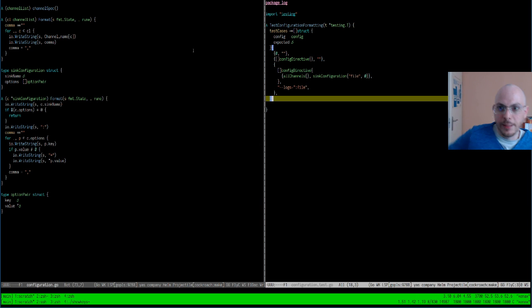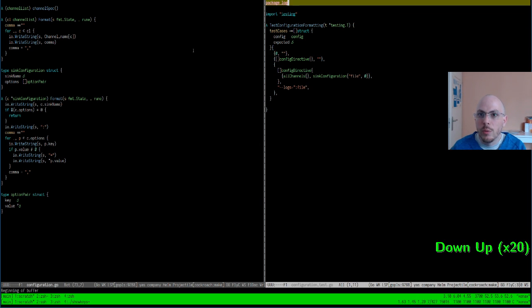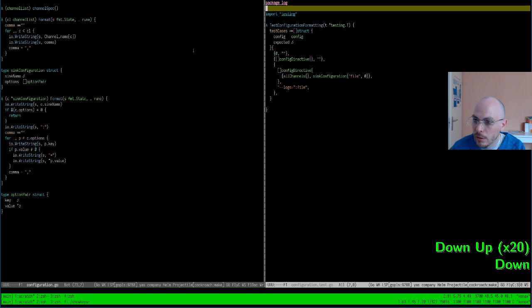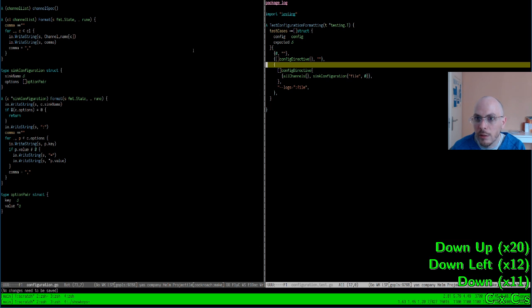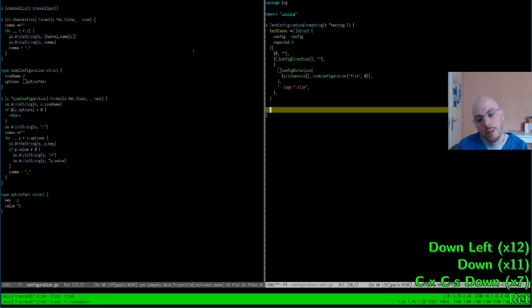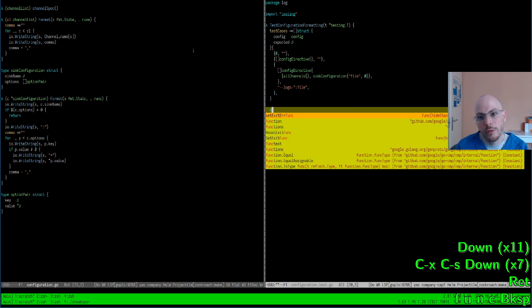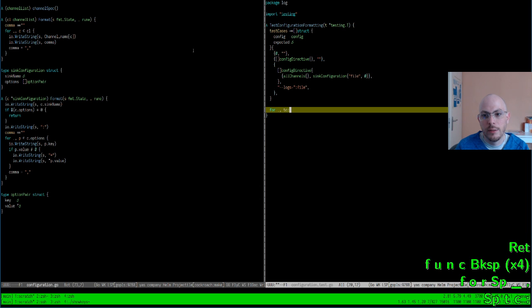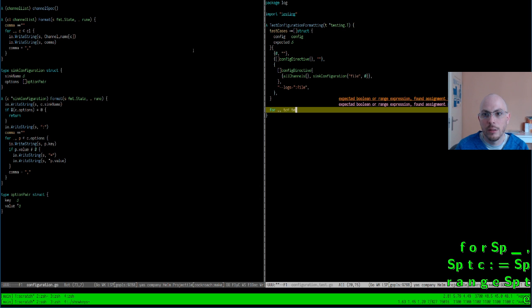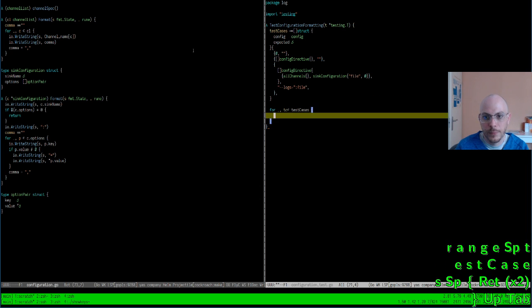All right, let's check this works. Why does it complain? Package log implements. Why do I get a red color here? It tells me that there is an error somewhere. Nah, I don't know yet. Let's try this. For test case in test cases, I'm going to take the config. And print it.